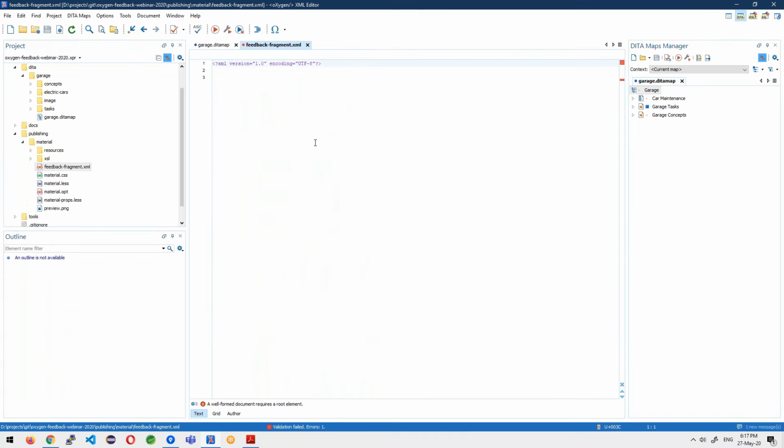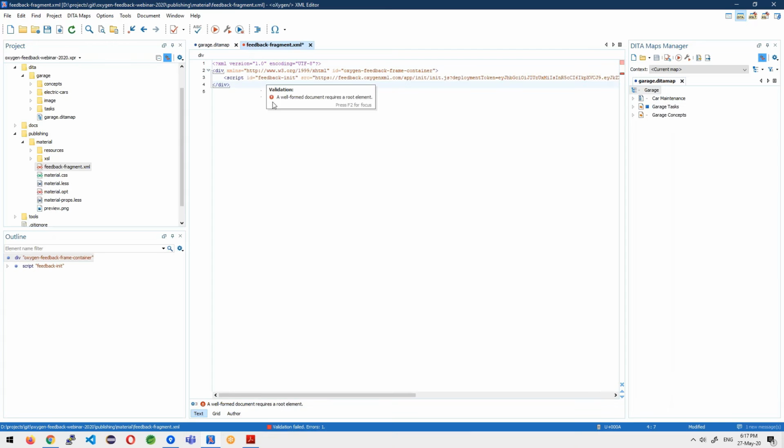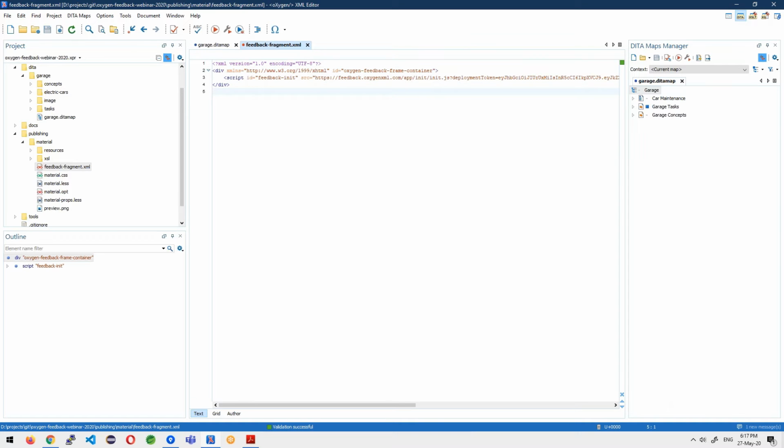And create it. Here I will paste the fragment I copied earlier and save it. Next, I will have to reference this file in my publishing templates descriptor file. This is the file with the OPT extension. I will open it